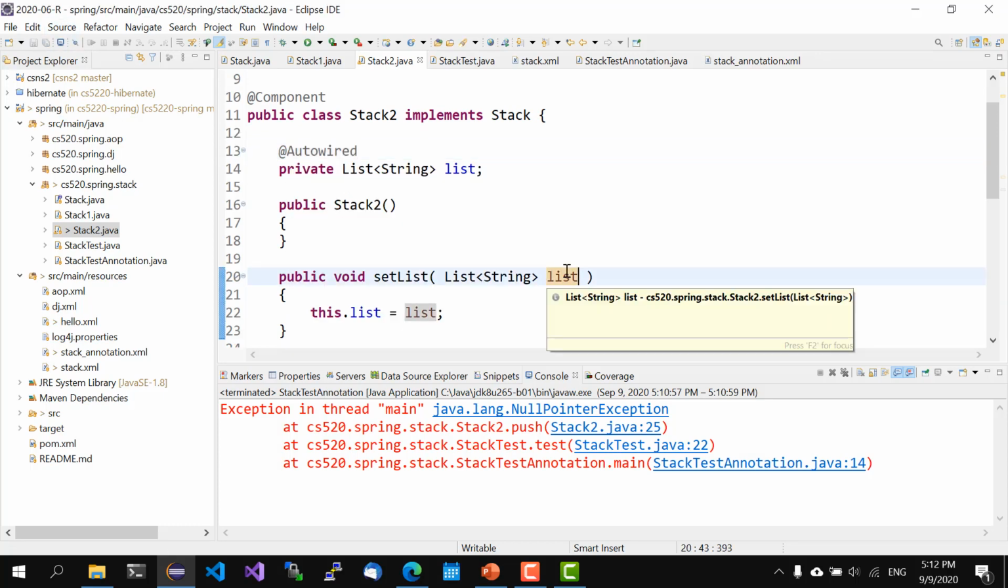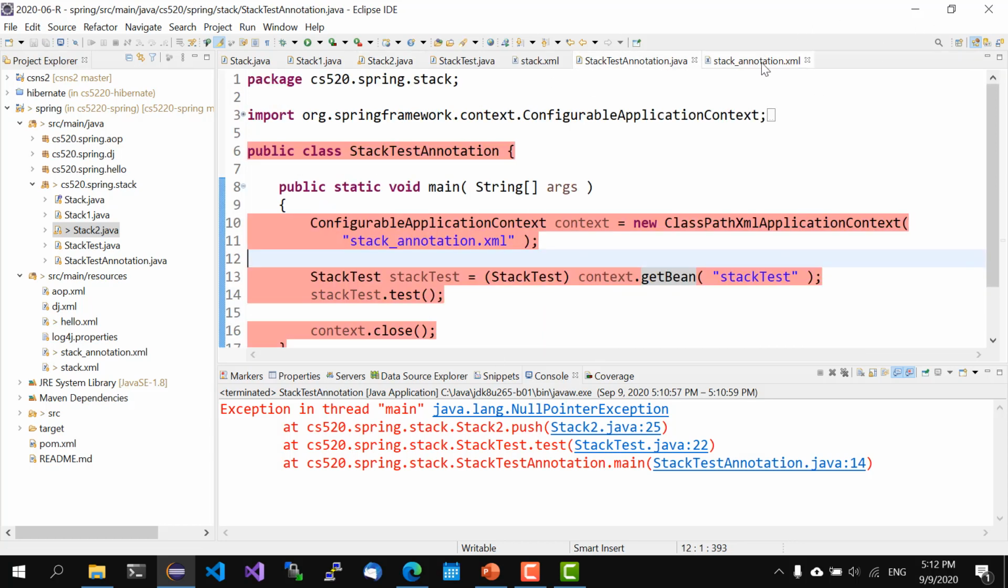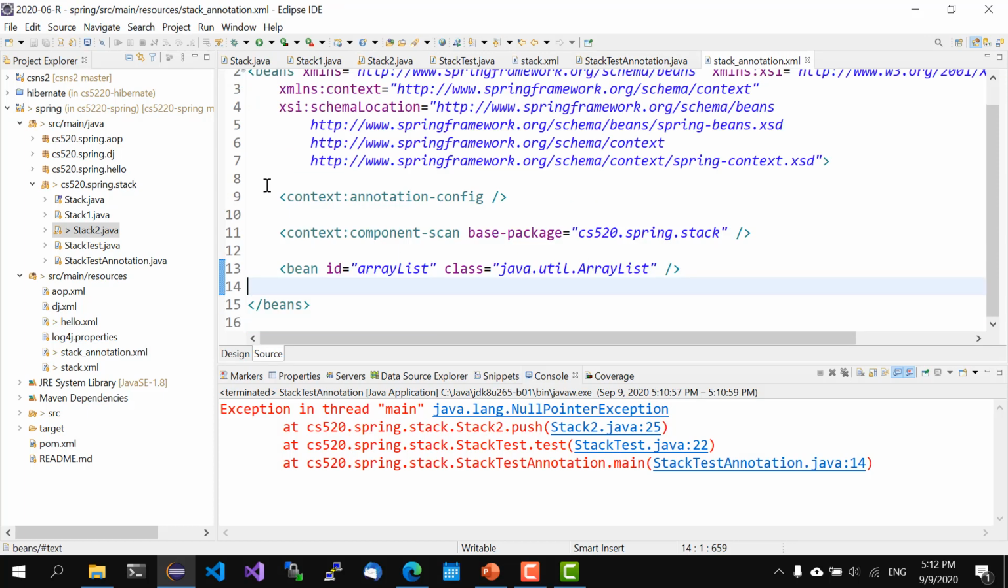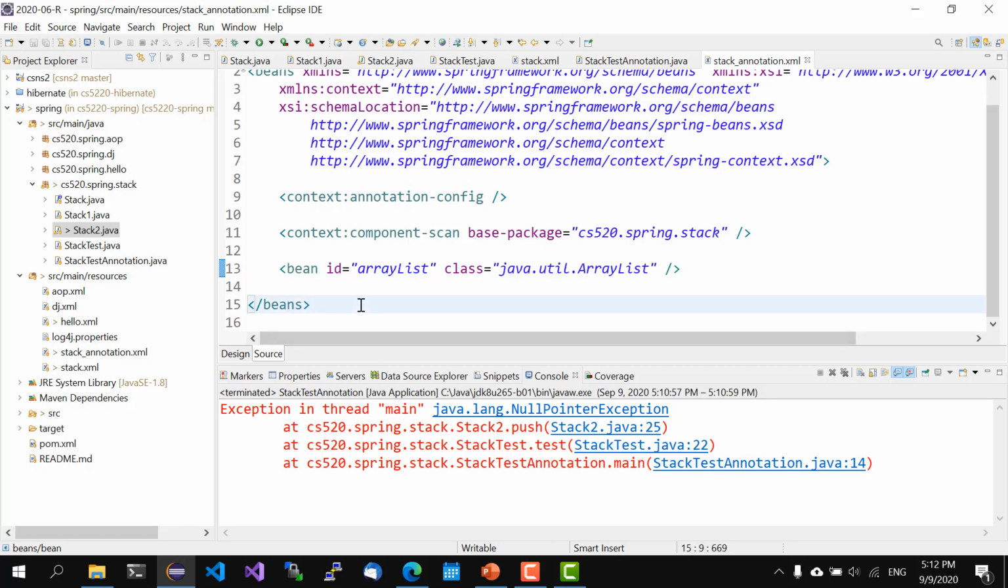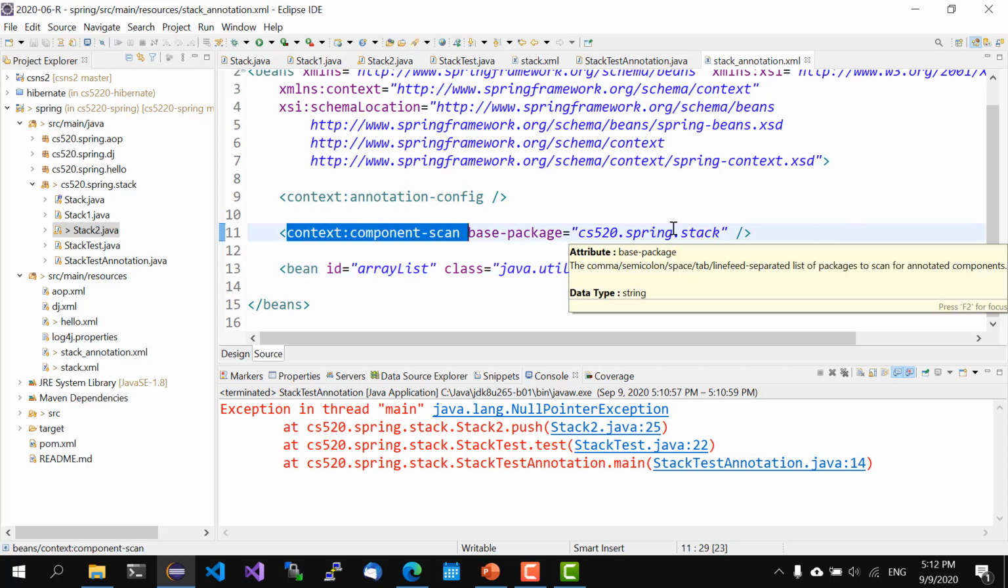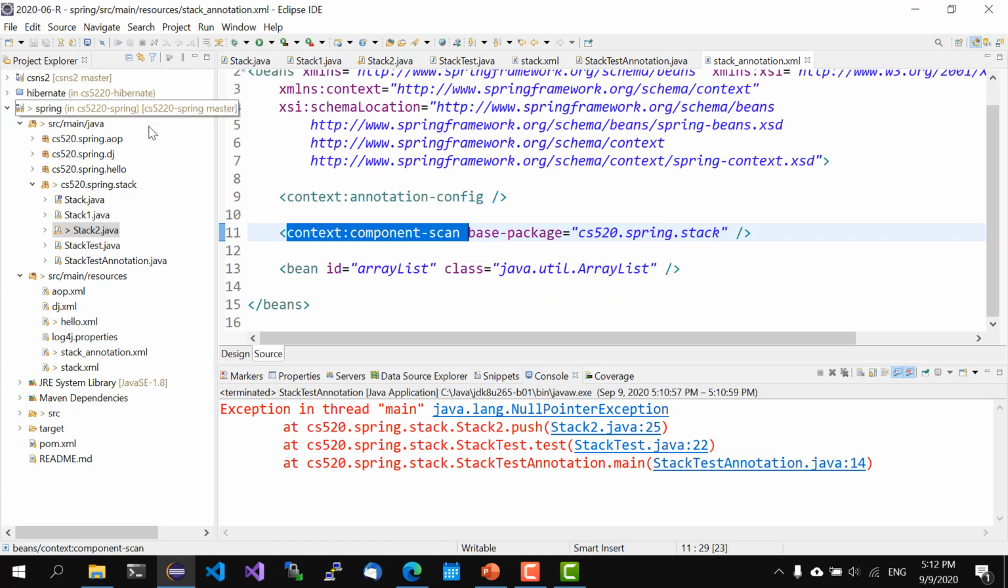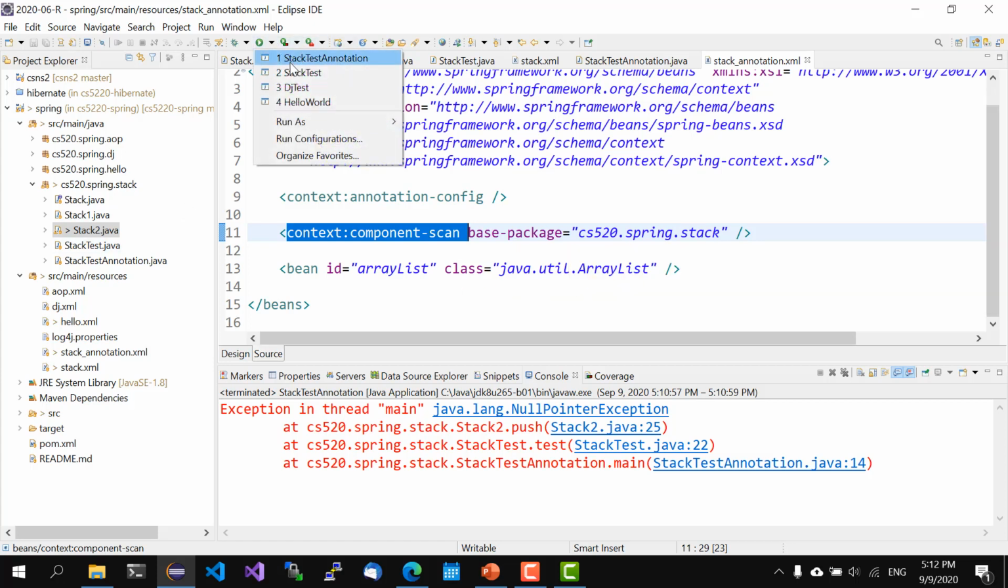Okay, so the first thing to note here is that when you use annotation-based bean configuration, it doesn't prevent you from explicitly specifying certain beans inside the bean configuration file. So you can still specify bean configuration explicitly here, as much as you want, and then the component scan will automatically pick up the ones that are specified using annotation. If we run this code, I think we'll get